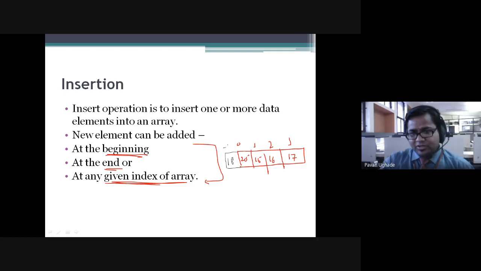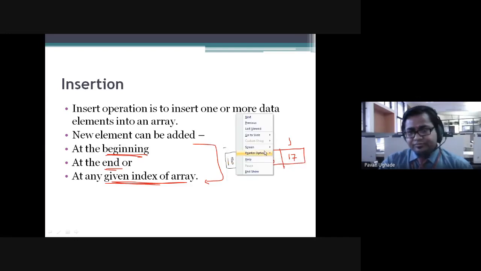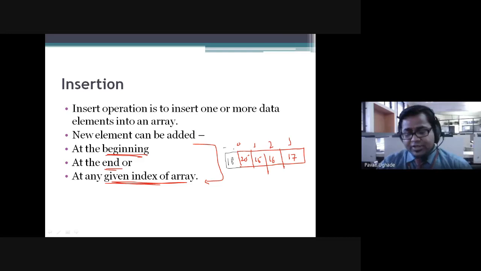Now, is it -1? No, it won't be, because as per what we know, the index value never starts with negative. It will start at zero. So I'll make it 0, 1, 2, 3, and 4. Now if you see, I have added 18 at the beginning.